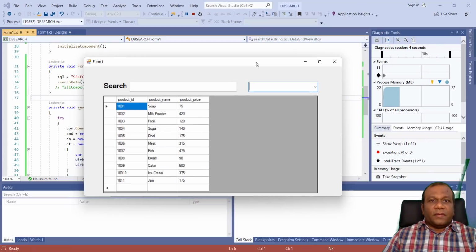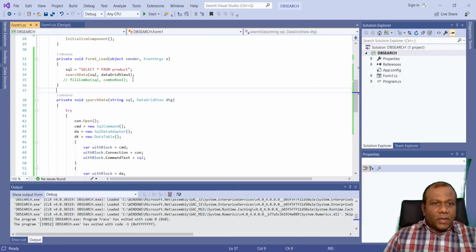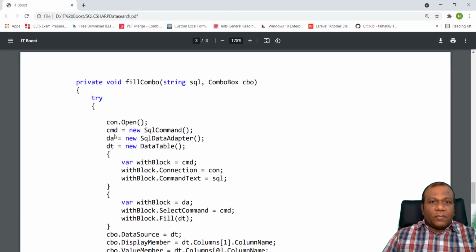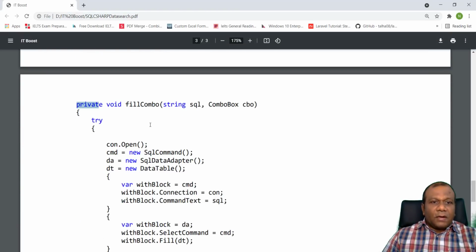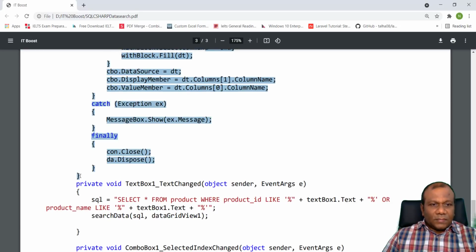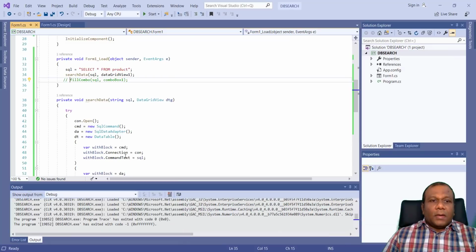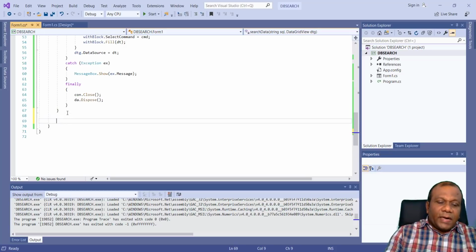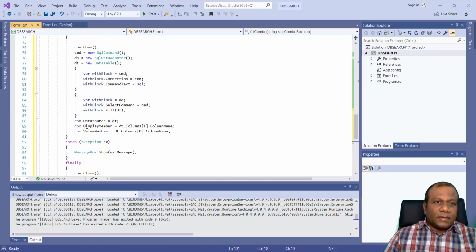Still not. We'll see something, right? For the form load, SQL data FillCombo. Here, this one also we had to make. So I forgot. Right. So we had to make the FillCombo function also. So this is the FillCombo function. Actually, the other one is the function for searching the data. This function is what I am going to make, that is to fill the data from the combo box.